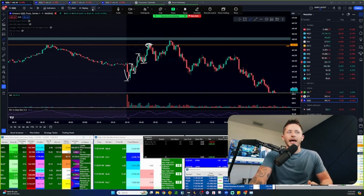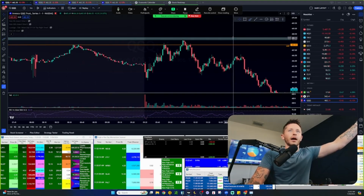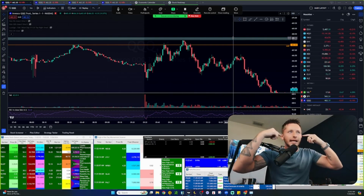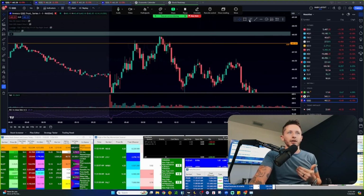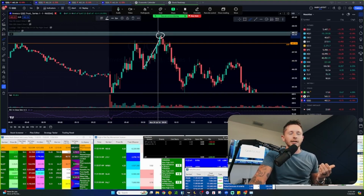right? But where's my head at? I'm thinking ahead. I'm anticipating what could happen. Like if this were to happen, and I see exactly this that I'm thinking in my head, this type of formation, this type of setup, that would lead me to believe that we could see a move down. And what is that in my head that I want to see happen? At this point in time, I'd like to see us get back below monthly hedge pressure. So after we saw that higher high come through into that zone of resistance on the daily,